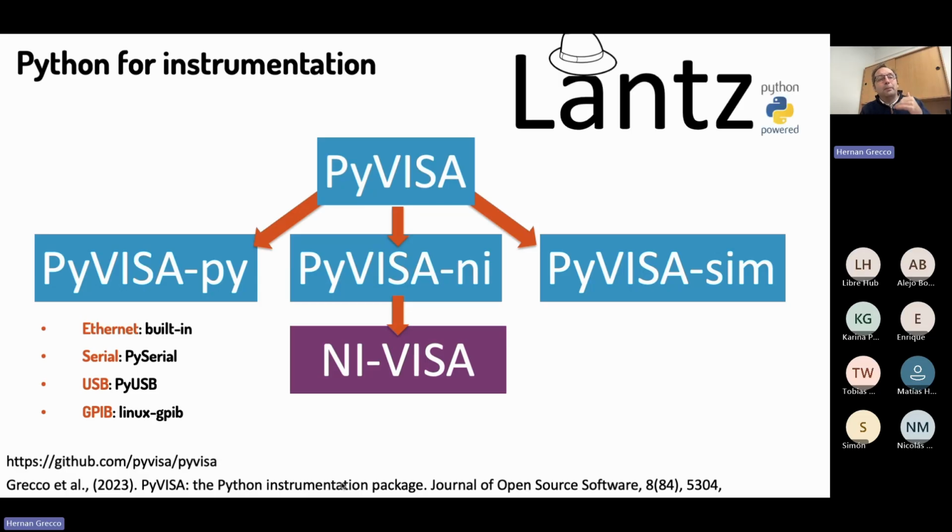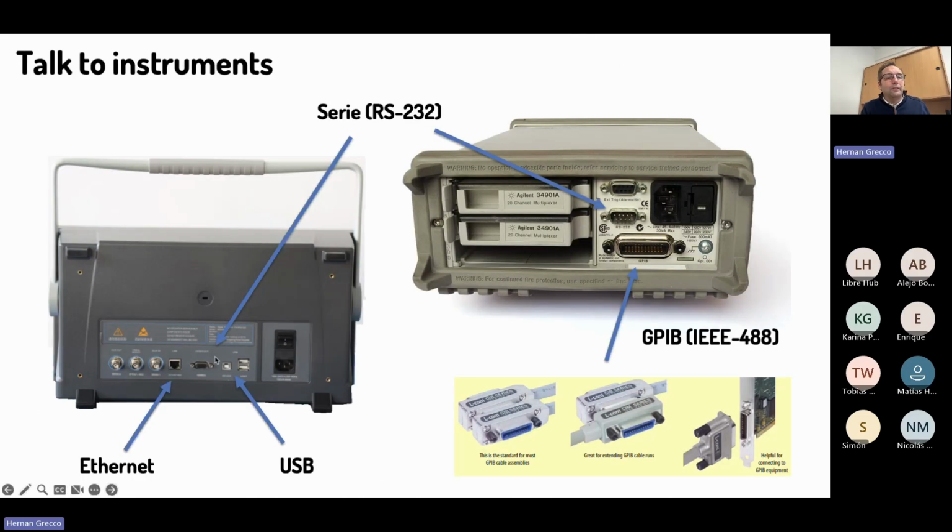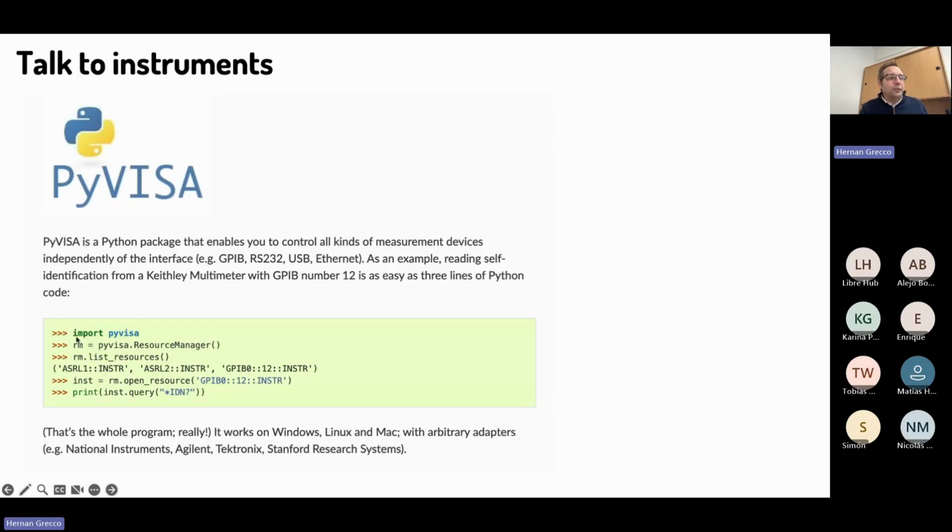And I also developed LANS, which is a platform on top of PyVisa to simplify instrument control. And basically, what you do is you can talk to any of these instruments, like a signal generator or oscilloscope, via any of these ports, like Ethernet, USB, serial, GPIB, and many more. And it's really simple. You just import the package. You create what is called a resource manager, which is a list of all the devices which are connected to your computer, and then you open that resource using the address, and then you just send a message.